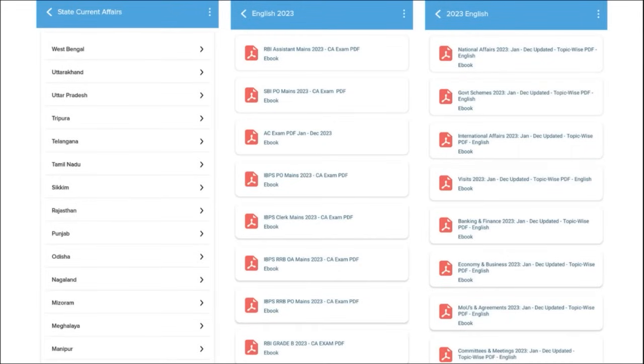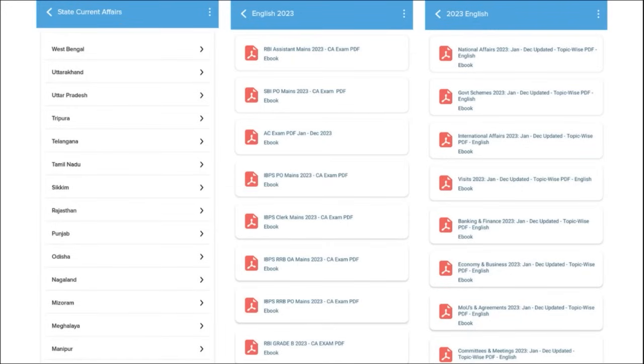One of the most important segments of our application is that we provide you with the correct exam analysis. When you are having an exam, we provide you with previous year questions so that the student can go through the exam pattern and the syllabus and prepare for the exam accordingly. After the exam, we also provide you with the exam analysis.